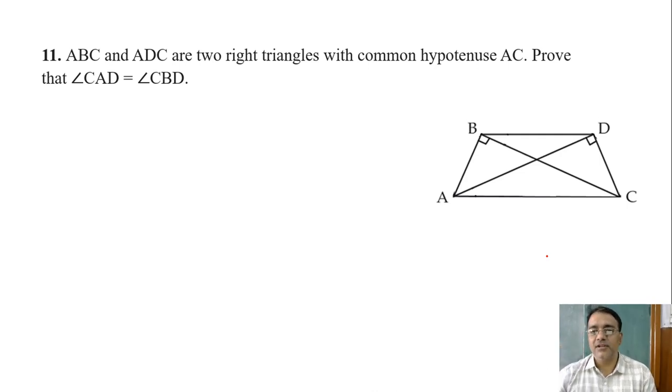10.10 actually that theorem has been deleted, but you should know the statement. If a line segment joining, मैं ध्यान से बोल रहा हूँ सुनो, if a line segment joining two points subtends equal angles at two other points lying on the same side of the line containing the line segment, the 4 points lie on a circle. ठीक है? So that means A, B, D, C lie on the circle.